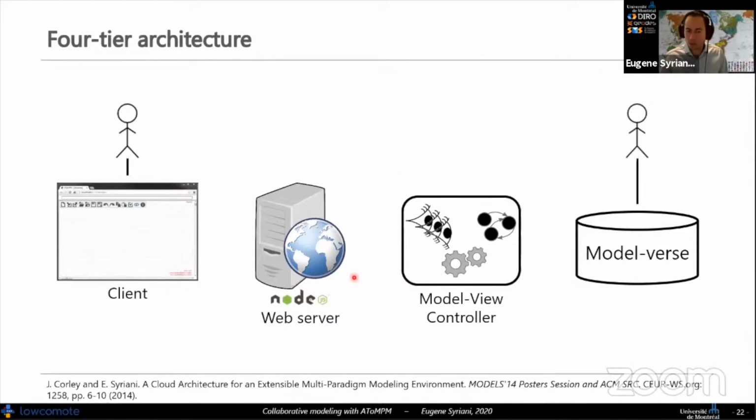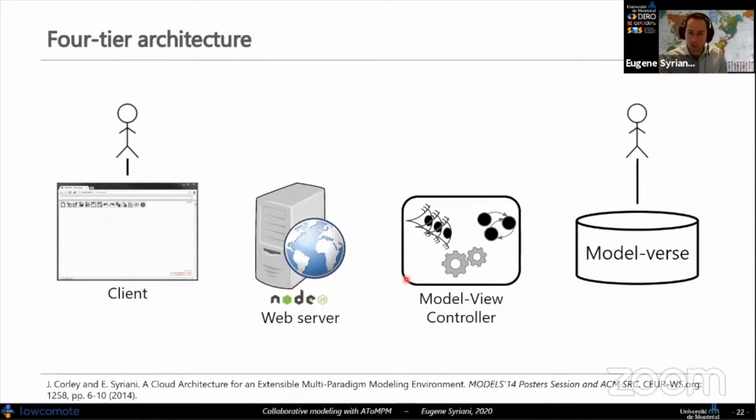In our case, we rely on a Node.js server that encodes all the communication between the client and the server. And in it, we have a layer before the persistence layer. We have the model view controller layer, but here you will see it's not the MVC architecture that you're used to.